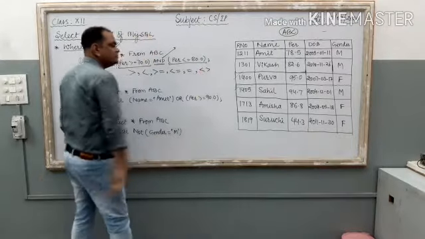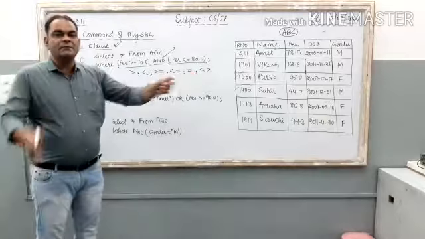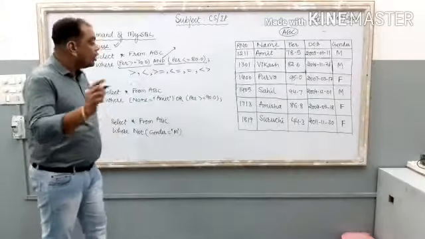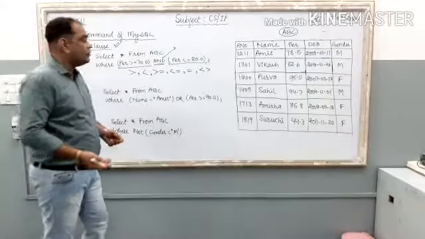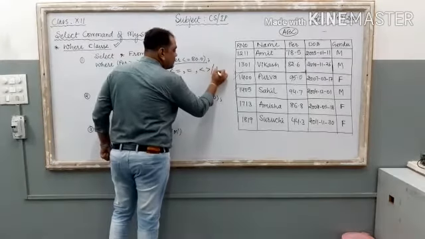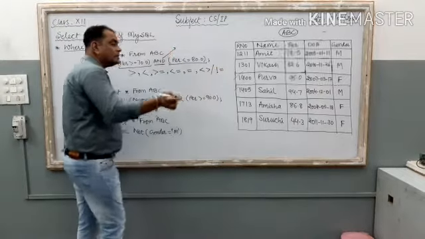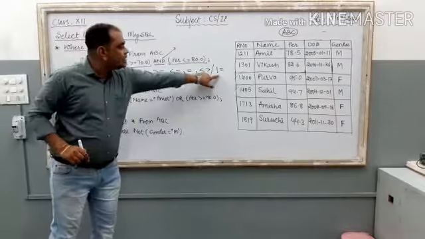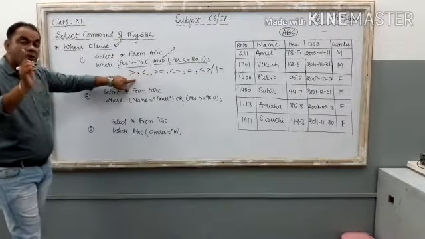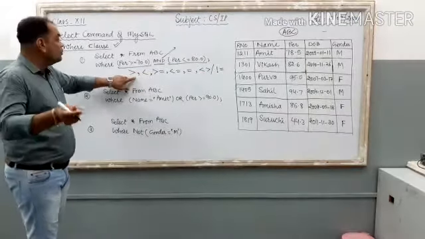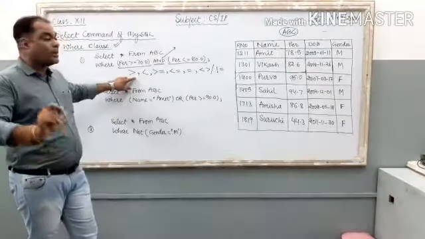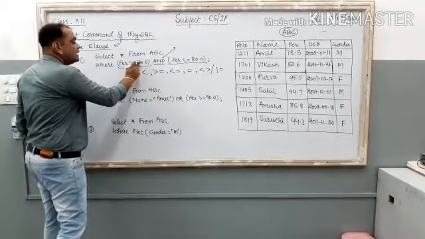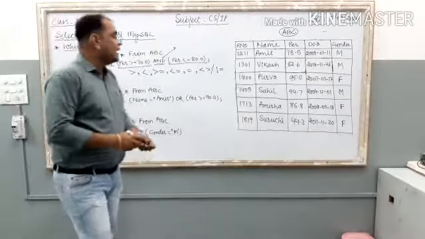Just see, the less than and greater than symbols. If you combine these two symbols together, it is known as the not equal to symbol. In some older versions of MySQL, we can use this other type of symbol also for the not equal to concept. Clear? So just check it out. These are the relational operators of MySQL, and you use these relational operators while making the condition, just like this one. Done? Now the next thing.